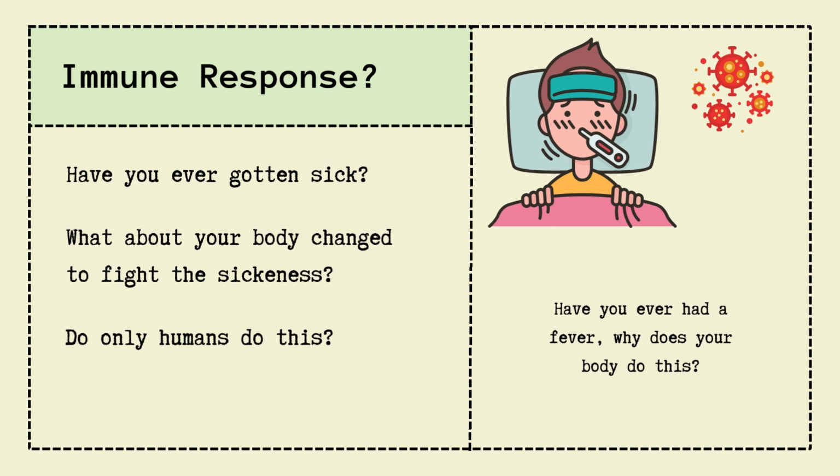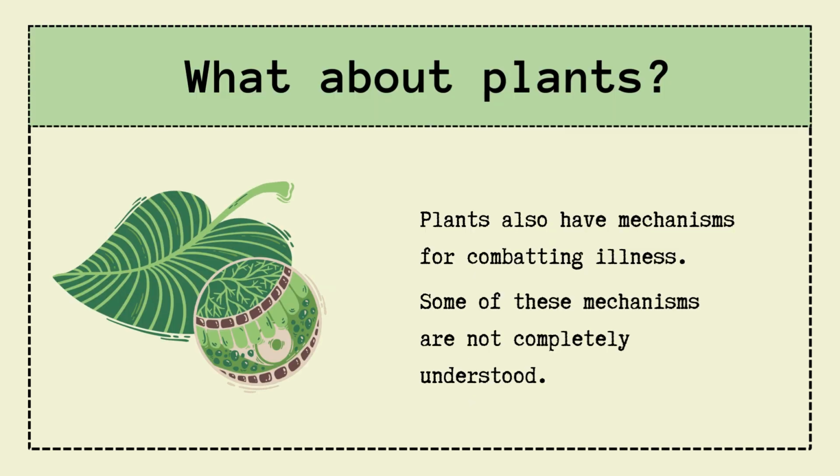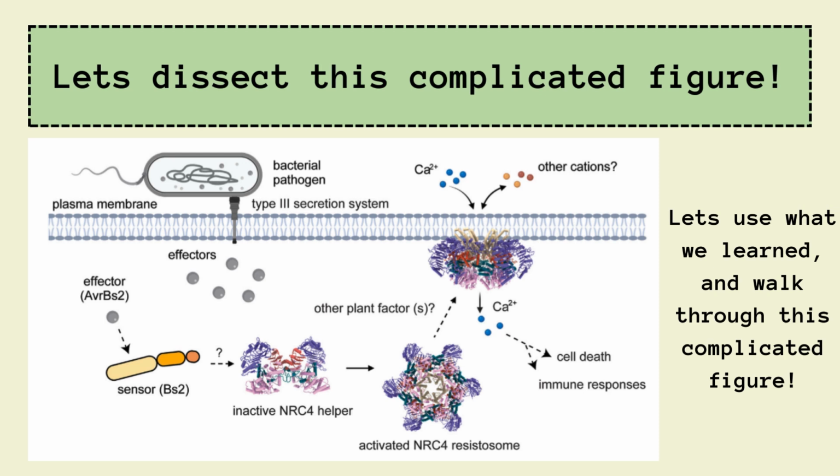A good example of this is a fever, which is where your body temperature rises. Your body does this to create a temperature where your body is better at combating germs, so the fever speeds up the process of combating the illness. Now, do you think that humans are the only type of life that combat disease? Absolutely not. Plants are constantly battling germs as well. In fact, the way that they battle disease is just as complicated and still being researched and understood to this day.